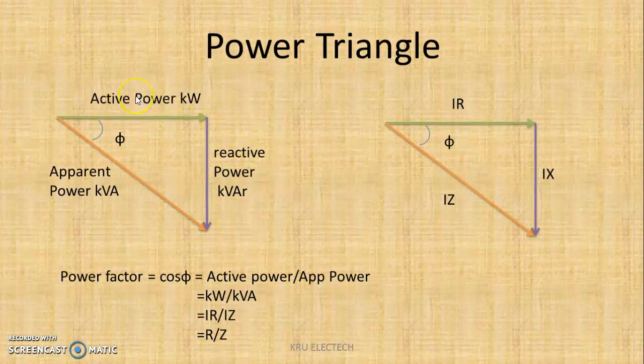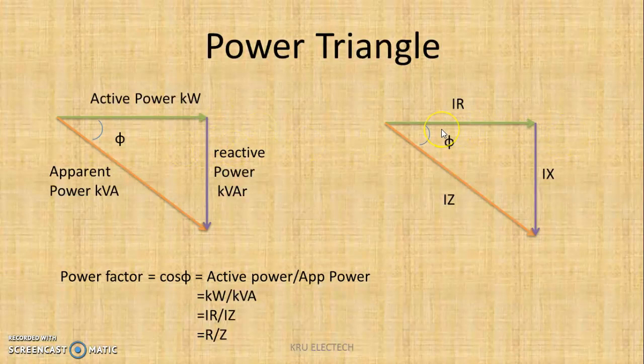So in a load where both resistance and reactance are there, the power consumed by both is given as the apparent power. You can directly find it by the Pythagoras theorem. You can take the squares, add them and take the square root, then you will get the kVA. Okay, same